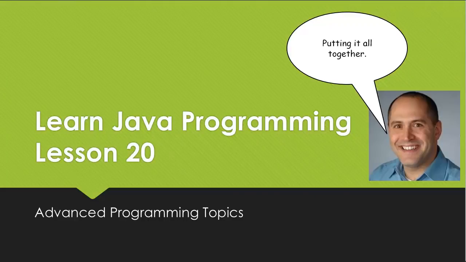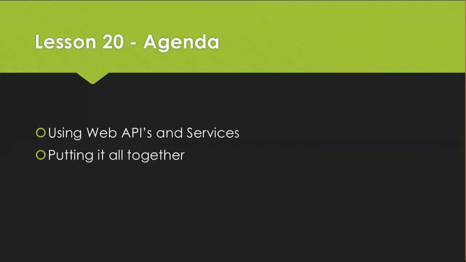Lesson 20 will kind of put everything we've learned so far together into a coherent program. We'll talk about some advanced programming topics, like how you can use a service on the web and then consume that in Java. But in essence, we'll be taking all the lessons we've learned so far and assembling them into one project. On the agenda for today, we'll look at using web APIs and services,